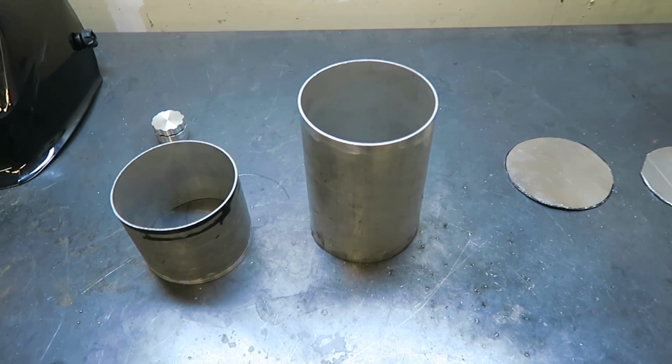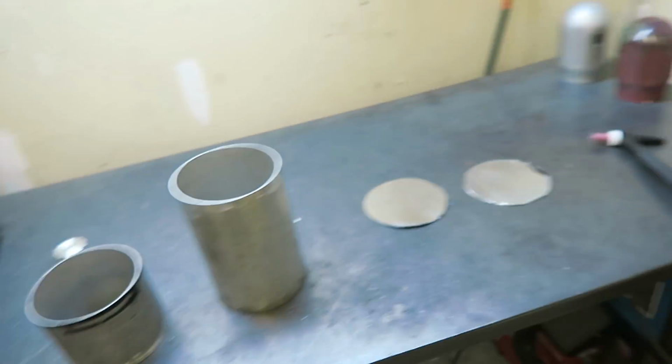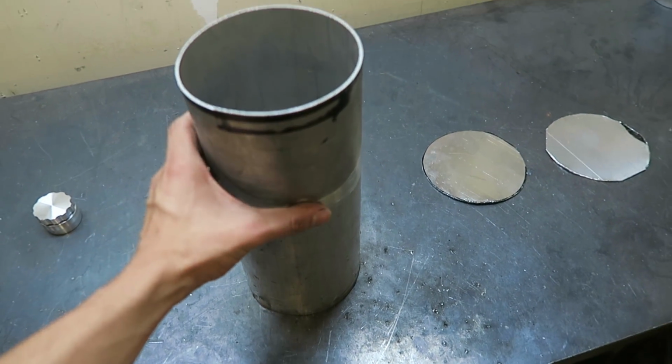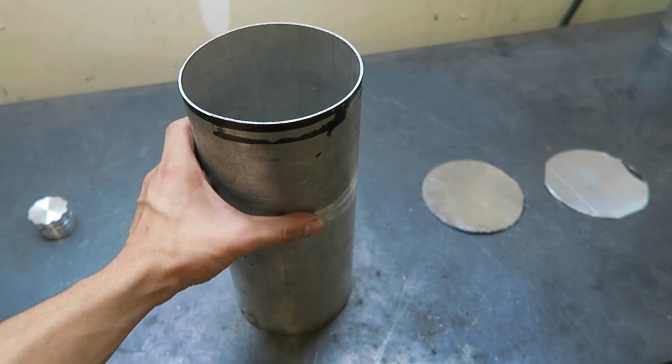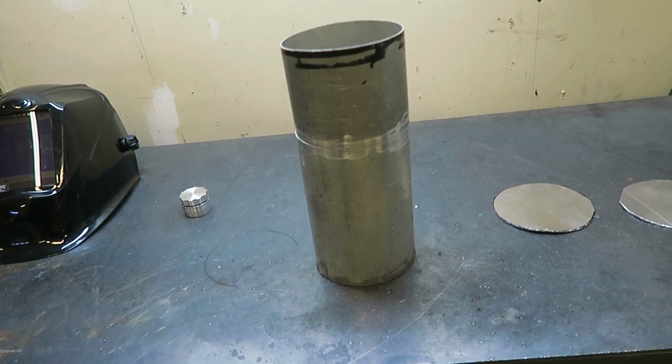So right now I'm working on making a gas tank for the shopping cart go-kart. I got these two pieces of 5-inch aluminum tubing from PFI. They were in Brent's scrap bin, and these were the two biggest pieces. He didn't have anything long enough that I could just use as one whole piece, so I just got